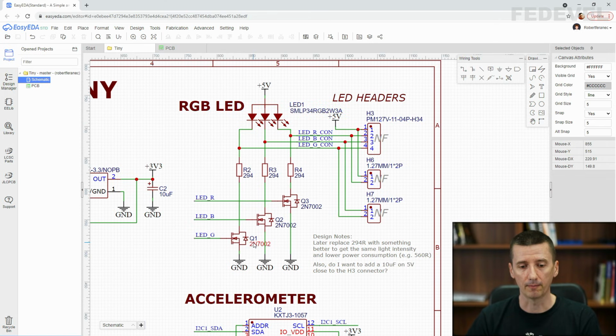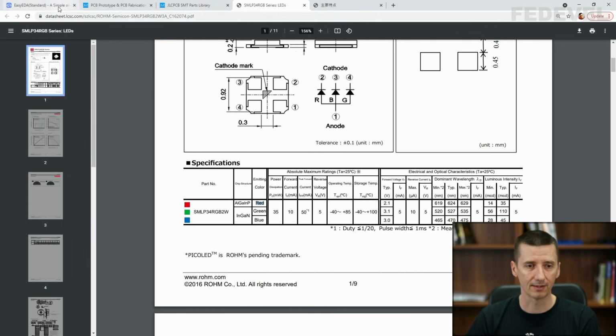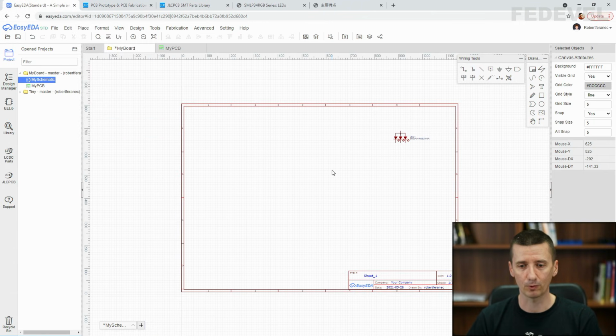If they would not have common anode, then it could be a little bit more tricky. You would have to use a different circuit. So this is also perfect. Common anode is exactly what we would like to use. It means this LED is exactly what we would like to have in our schematic, and we can place another component.